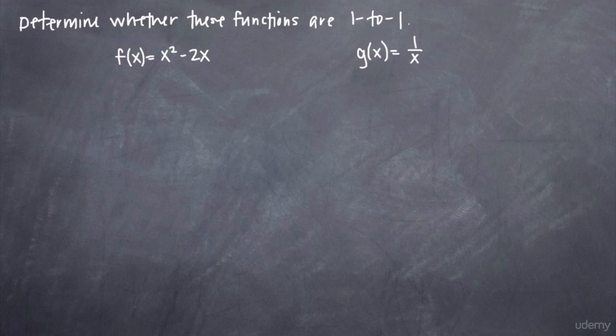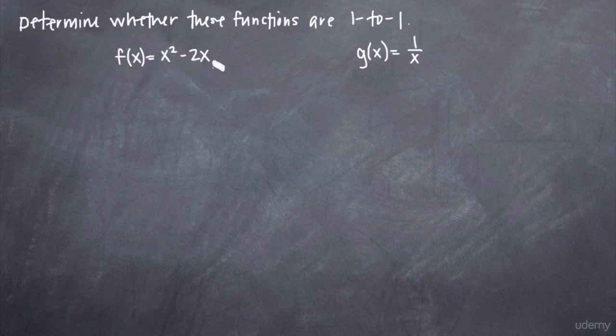A function can be called one-to-one and passes the horizontal line test if there's only one x output value for every y input value. So it's really just the opposite of the vertical line test. To solve a problem like this, we have to show that every x input value gives a different y output value. And if we have two different x inputs that give the same y output, then we know that the function is not one-to-one. So for example, with a function like f of x,